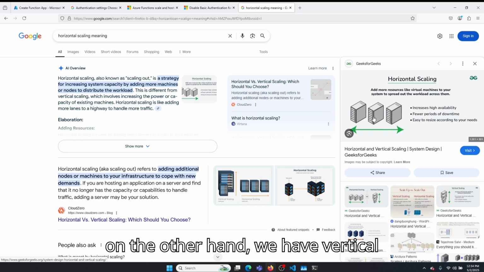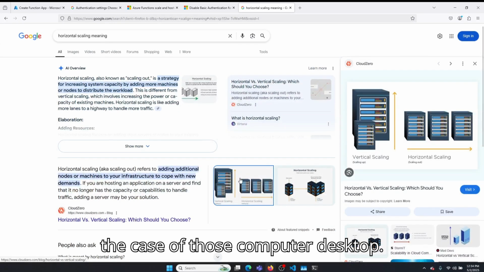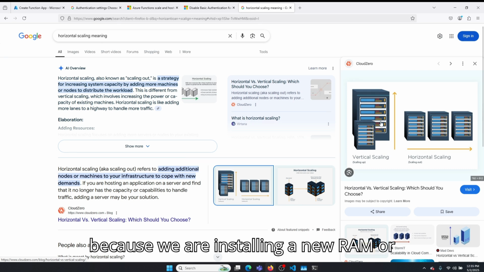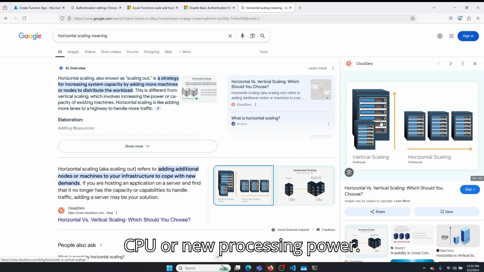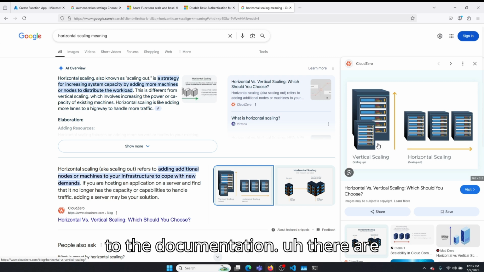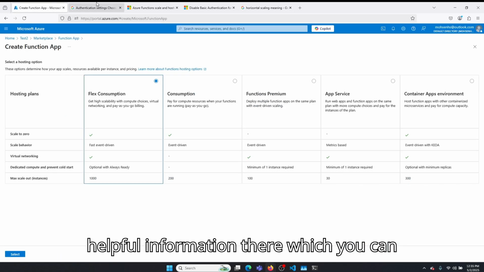But on the other hand, we have vertical scaling. Vertical scaling means opening the case of that computer desktop and installing more RAM or CPU into it. Because we are installing new RAM or CPU or new processing power, this means that we may encounter restarting. Getting back to the documentation, there is various helpful information there which you can find out,